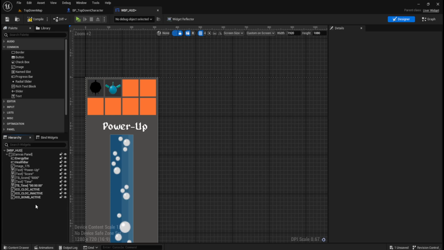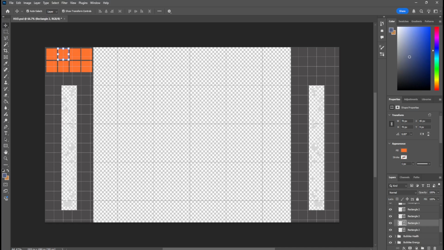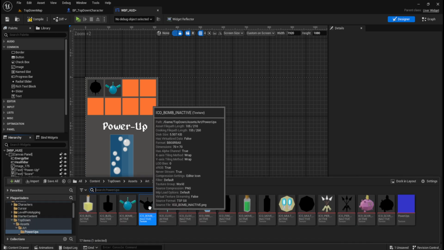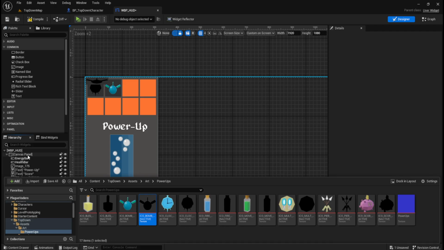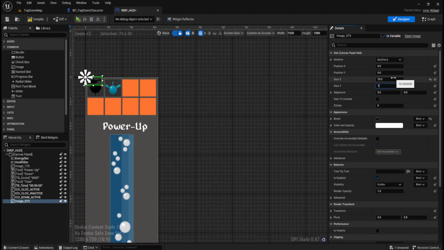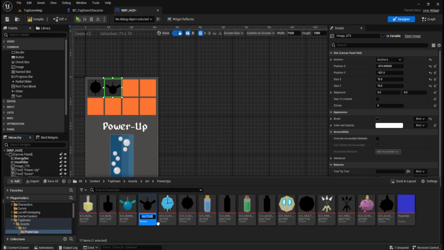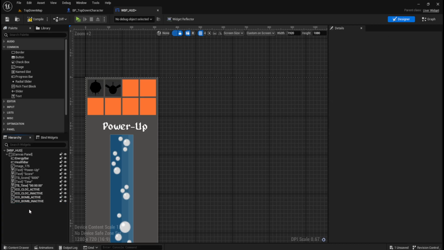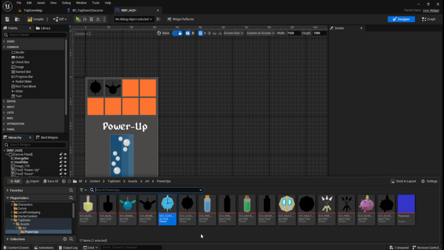And then we're going to do the same. So I think, was it 85 and 9? 85 and 9. So now we're dropping in the inactive. 85 and 9. And anchor to the center. And then we just need to copy the name. Okay, so next up, I was going to have